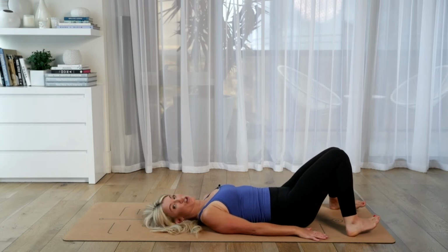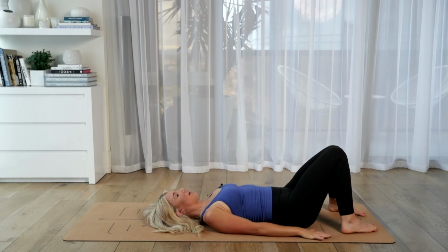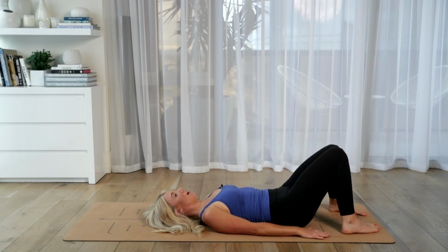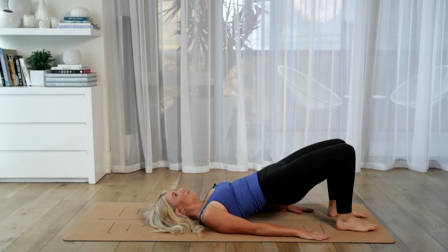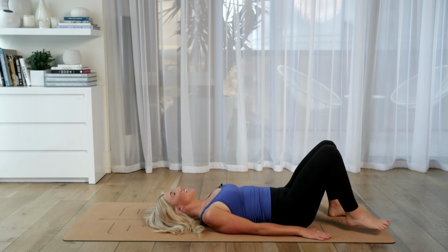And then we're going to go internal rotation. So the knees come together and the toes come together, and we're going to squeeze the back of the body and lift up again. And then rolling all the way down. And we're going to repeat that a few times. You can, of course, repeat it as many times as you like. Parallel, lift up into bridge. Depending how long your little baby is going to sleep for or how much time you have,